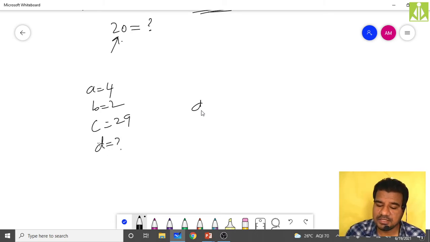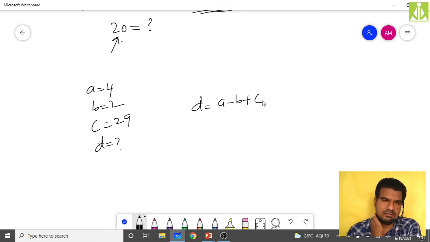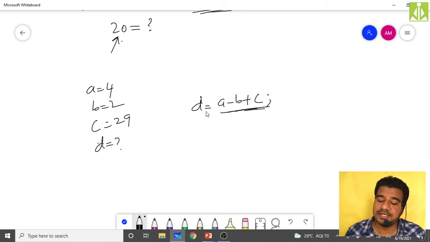Then what I'm saying, D equals A plus B plus C, or better, you take it like this, A minus B plus C. Let us say I have taken this. So what will happen? This entire thing is an expression. It is not a constant, and it is on the right side of the assignment operator, as you can observe over here.